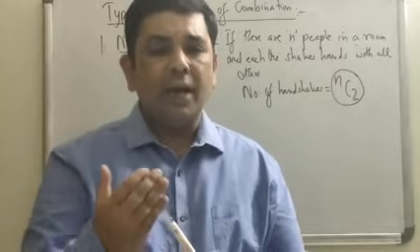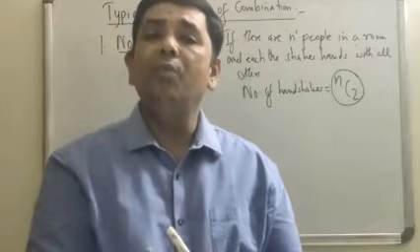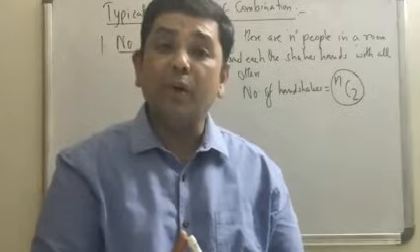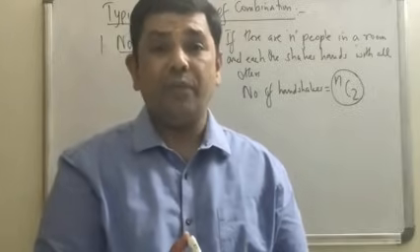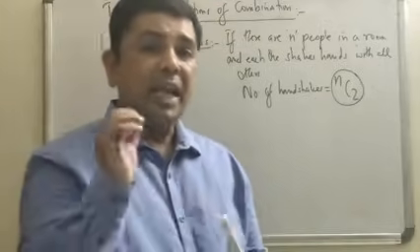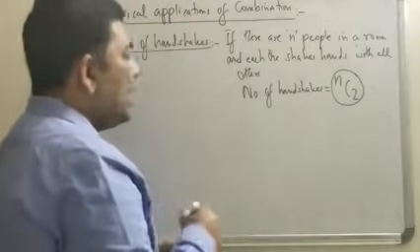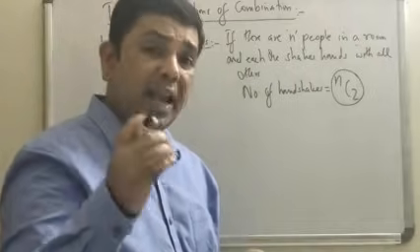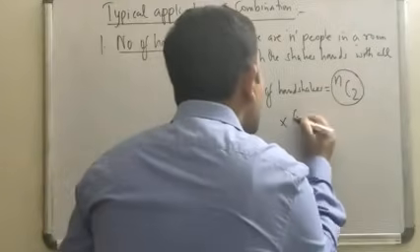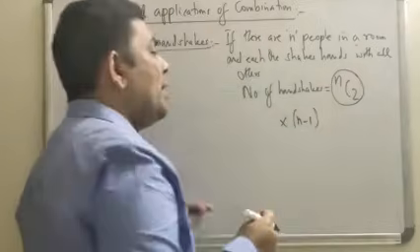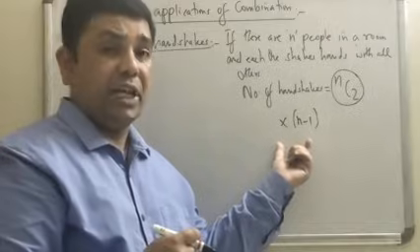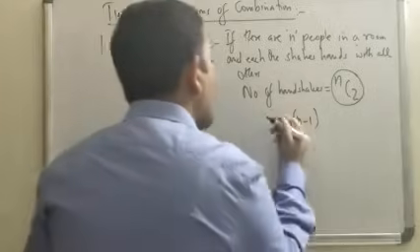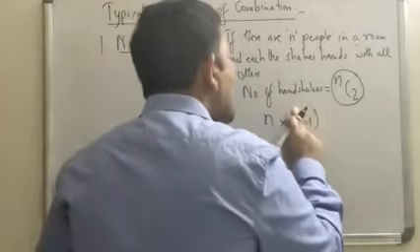What about my friend who is also there in the room? He is also going to shake hands with the remaining n-1 people, excluding himself. That means each one of us is going to shake hands with the remaining n-1 people. Each one of us is going to be a part of n-1 handshakes. And how many of us are there? There are n of us. So many people